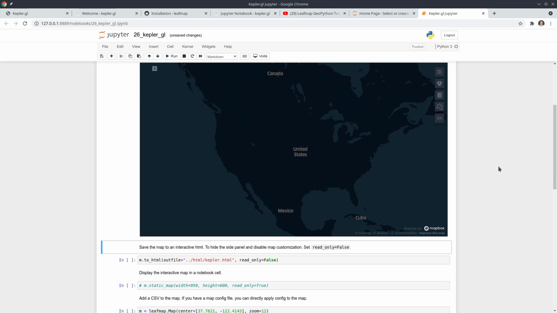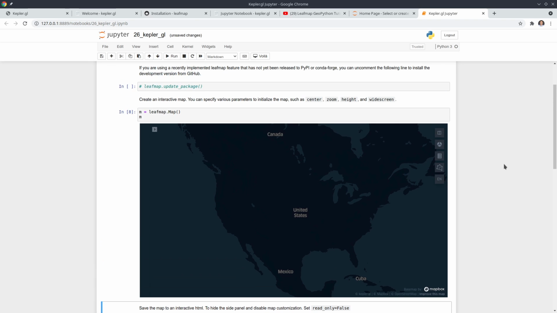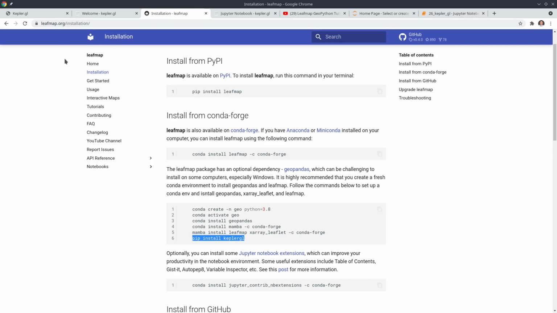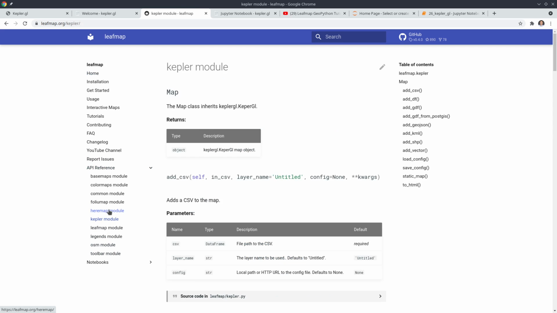That's it. Once you have the map, you can actually save this map as an HTML file. All we need to do is call this function, m.to_html. By the way, if you want to figure out what kind of functions you can apply to the map that you created using this Kepler GL backend, you can go to leafmap.org and then on the left side click API reference, and then click the Kepler module. On the right here, you should be able to find all the functions that you can apply to the map